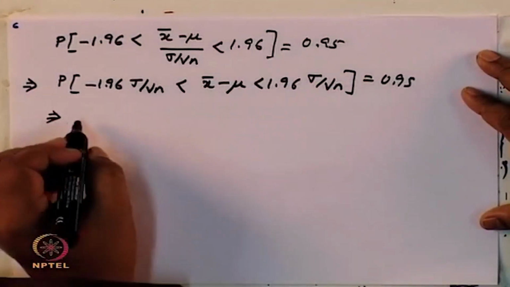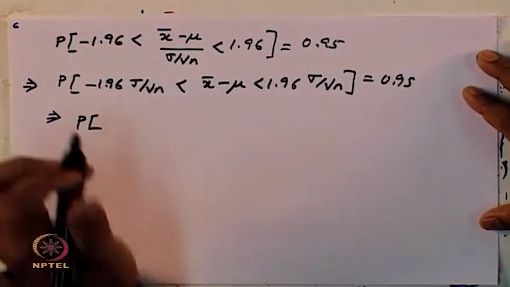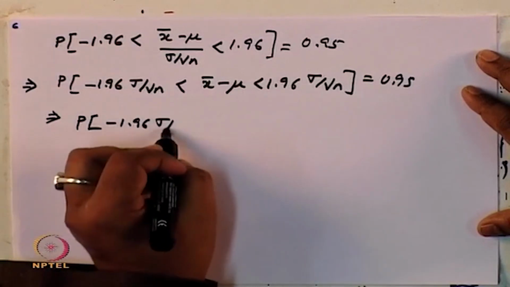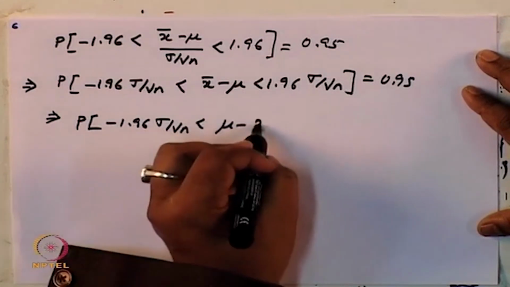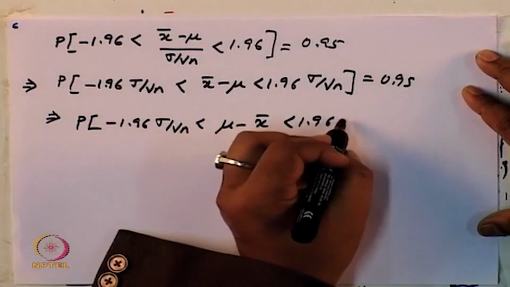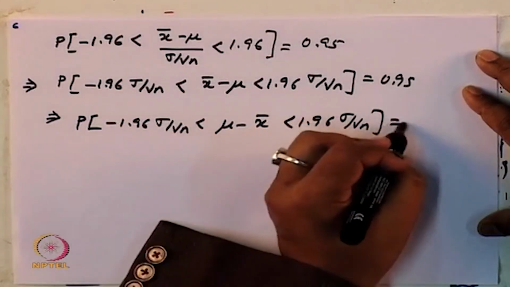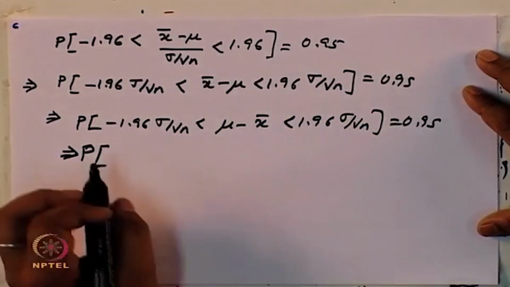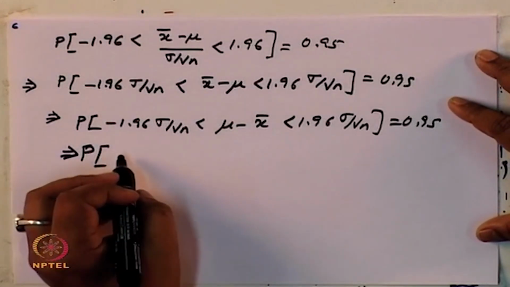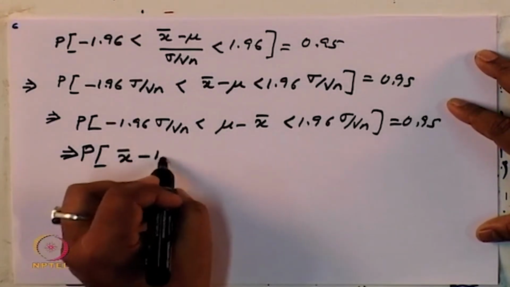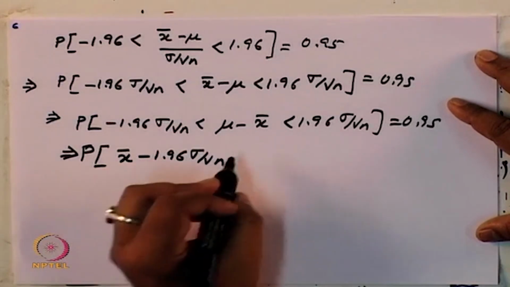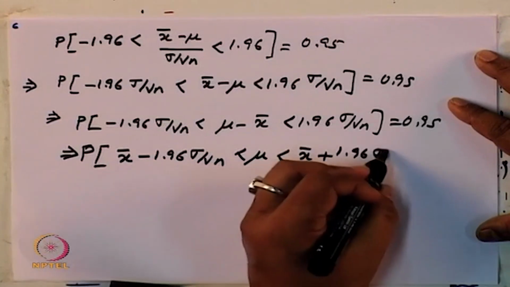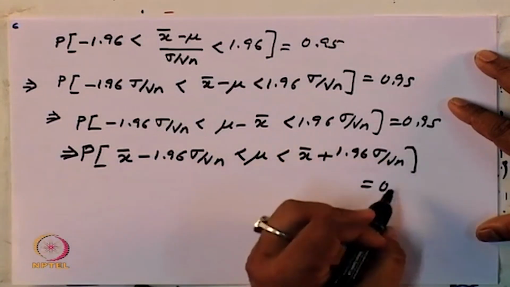So I can again simplify it by multiplying by a negative sign. I can write minus 1.96 sigma by root n less than mu minus x bar less than 1.96 sigma by root n. This can be simplified further: if I add x bar to both sides, x bar minus 1.96 sigma by root n less than mu less than x bar plus 1.96 sigma by root n,